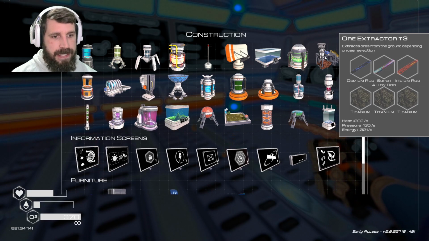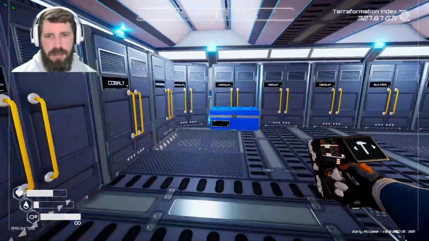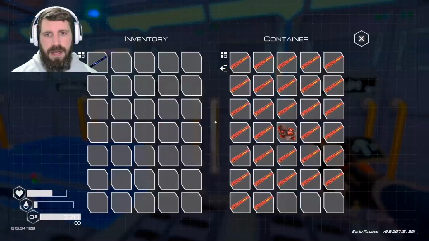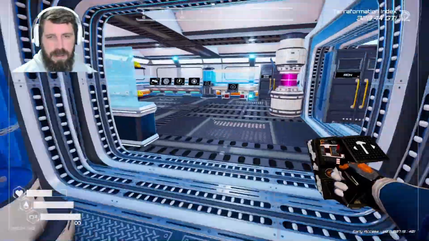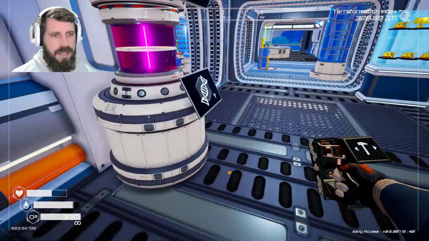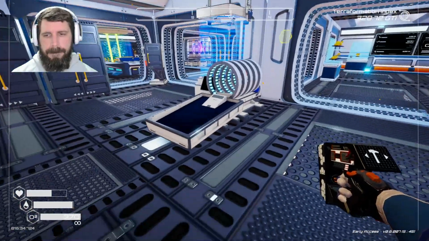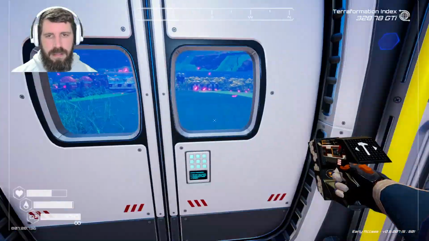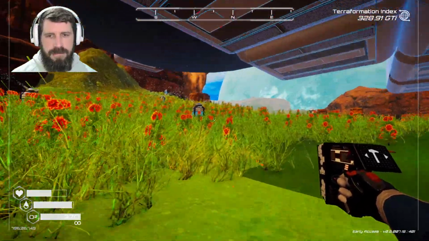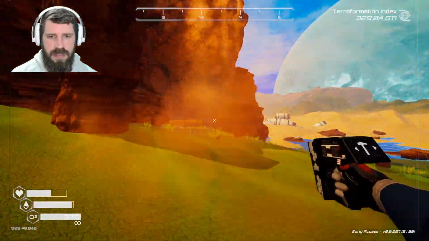It also puts out heat too. Alright, let us... Super alloy rod, and what else was it? 3 titanium. That's very random. 2, 3. Okay. Let us go outside and tell you what, we do not have anything for iridium. So let's go see what...